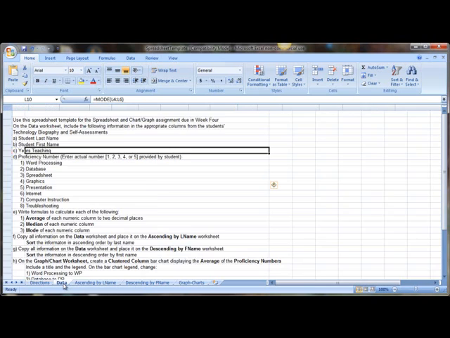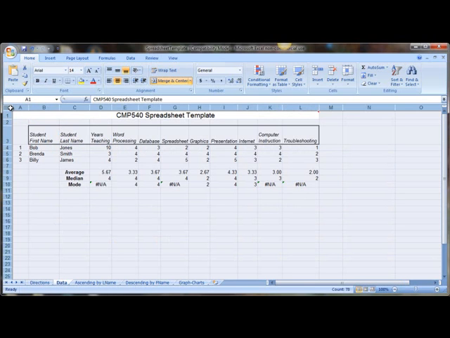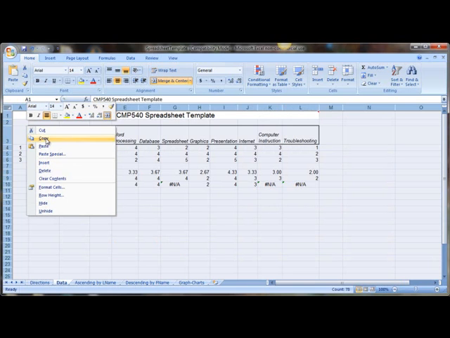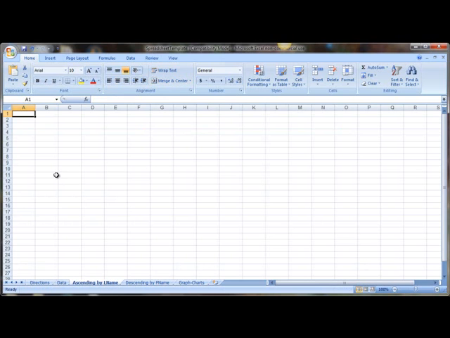So to do that, you can simply click this little corner right here to select the entire sheet and right click and click copy, or you can simply press Control C, and notice that the dotted line appears. We're going to go to ascending by last name and press Control V,